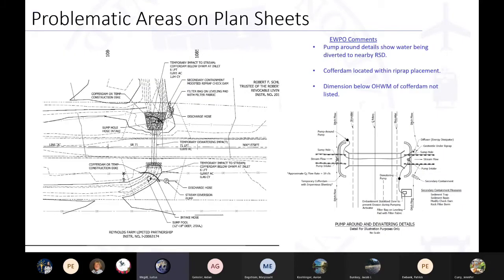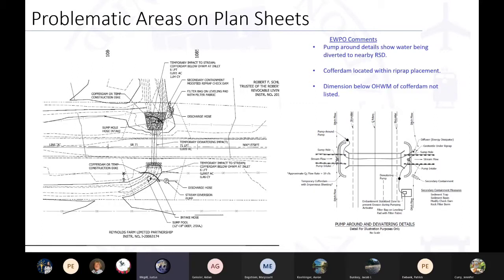So in recent guidance to the Army Corps and IDEM, we've found out that a lot of construction has been discharging pump around water to nearby roadside ditches. We were not informed of this until recently, and under IDEM and Army Corps conditions, this is actually not acceptable. And specifically, it's condition 8 of the permit. So in coordination with the conditions, we have to find alternative means and methods to get water that's pumped from the inlet back to the original project stream.